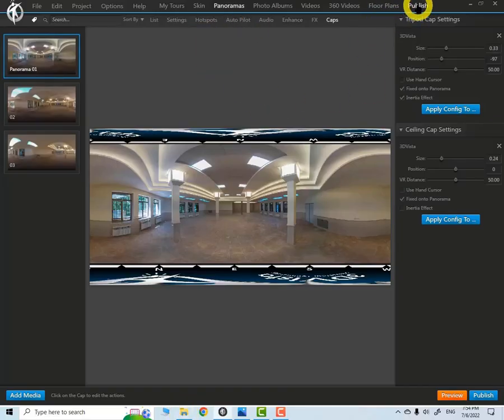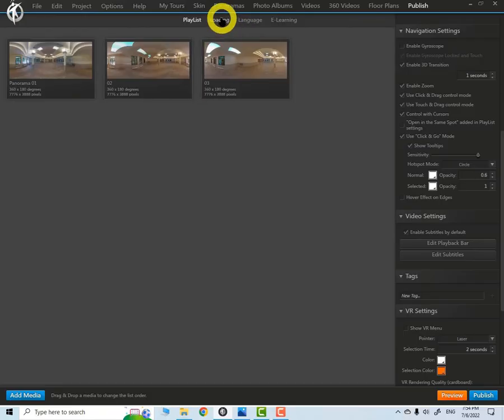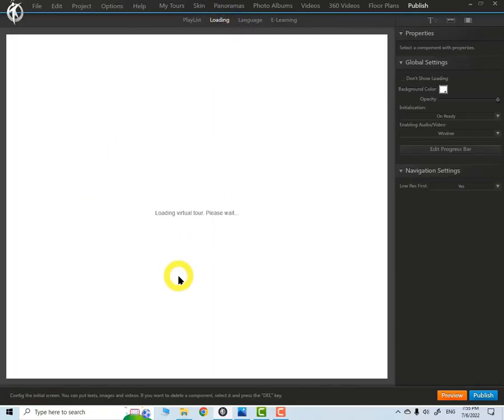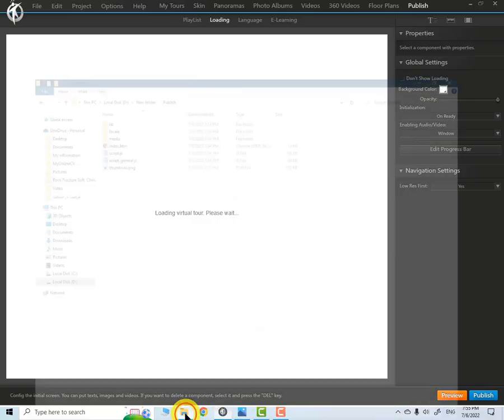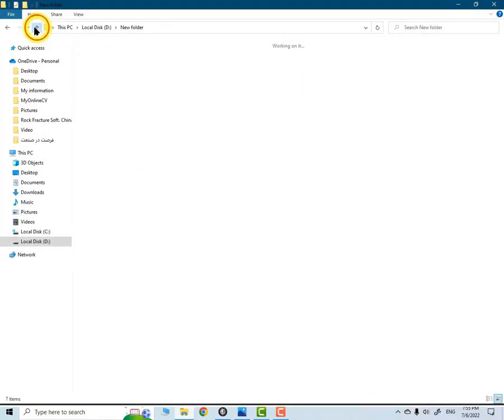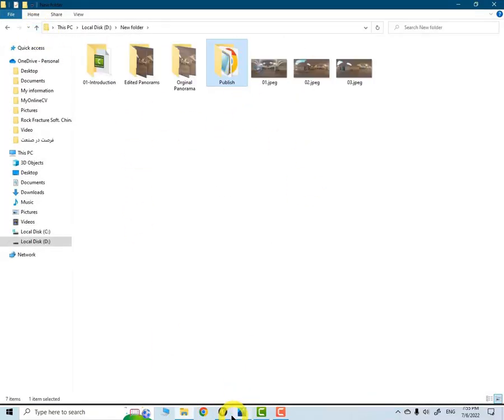If you go to the publish section and define something for the loading option, meaning that at the start of the tour another page will be shown with a different color and a different message that you design in this section, then another folder will also be created for loading, and so on. But what we've learned so far is that our output looks like this, and now we want to view this output just as we've created it. All we need to do is